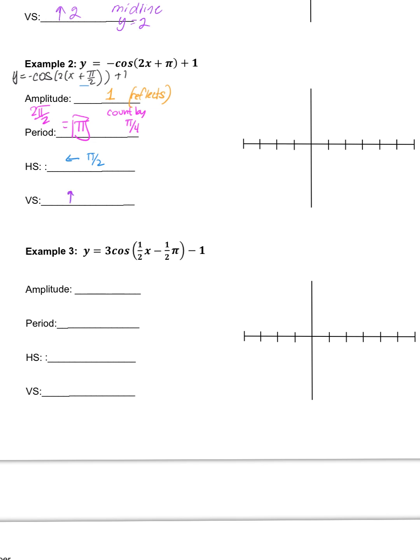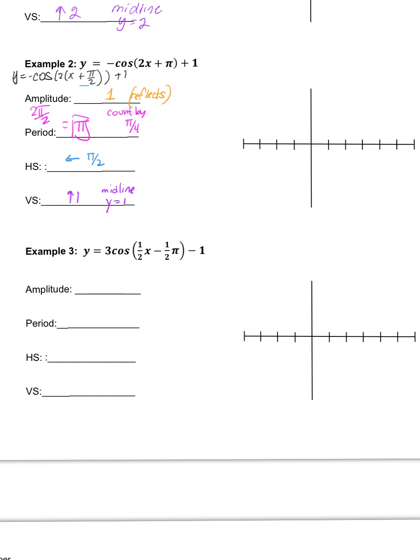And, oops, sorry, not up 2, up 1. I got the wrong one. And that means my midline will be y equals 1. Okay, so one thing about this one, when I go to draw my graph, since I'm counting by pi over 4,